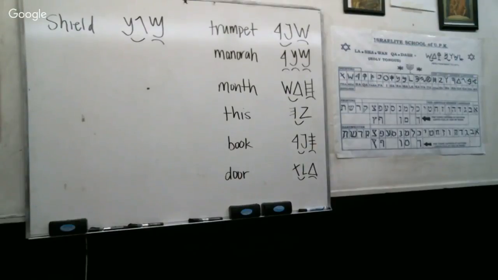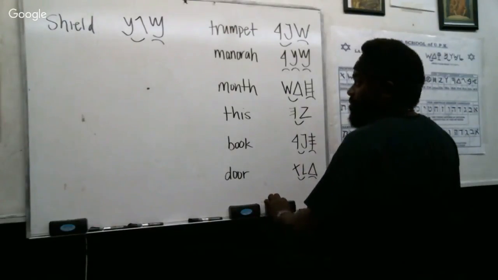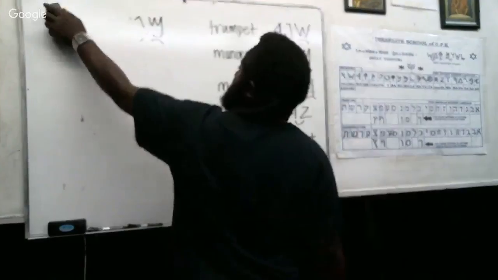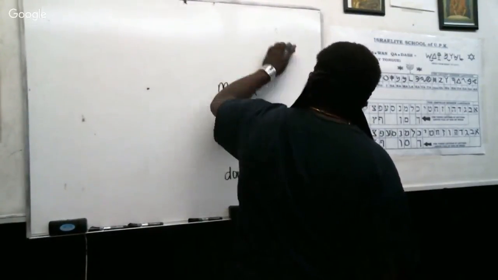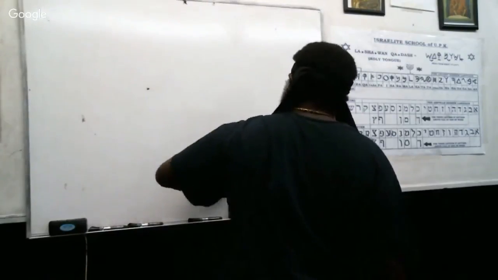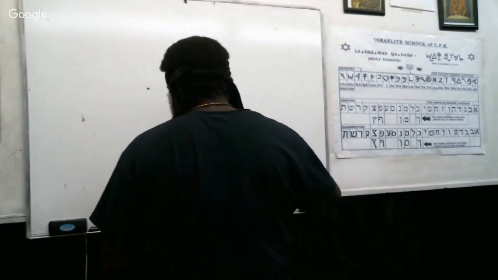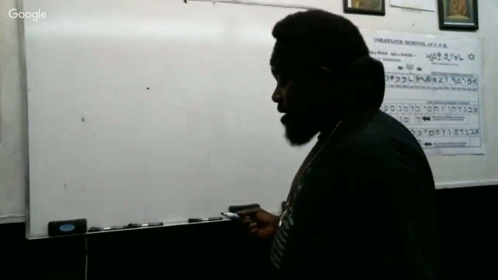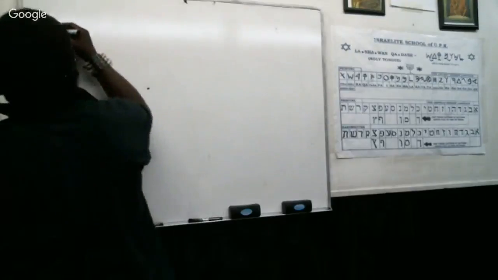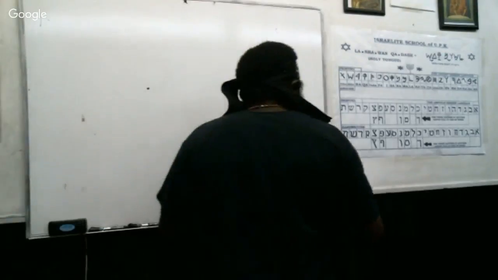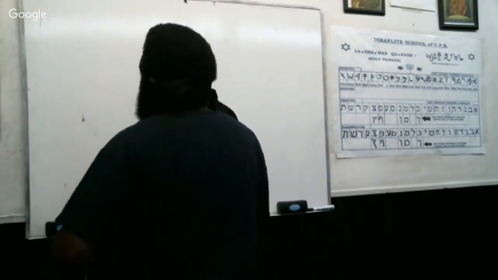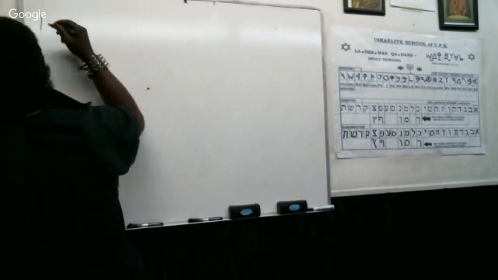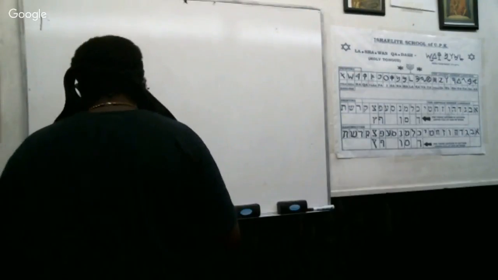And what we're gonna do this week, we ain't gonna put the word, we're just gonna number it. 1, 2, 3, 4, 5, 6, 7, 8, 9, 10. Just put the numbers and put the Hebrew word. You might want to use the other marker because that one jammed up. You get your wild, no sweat. All right.